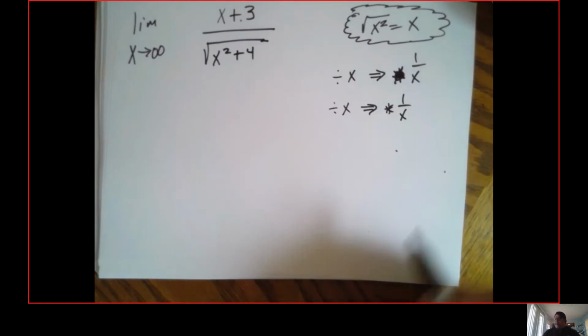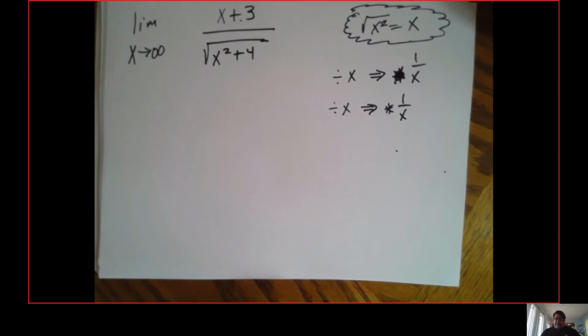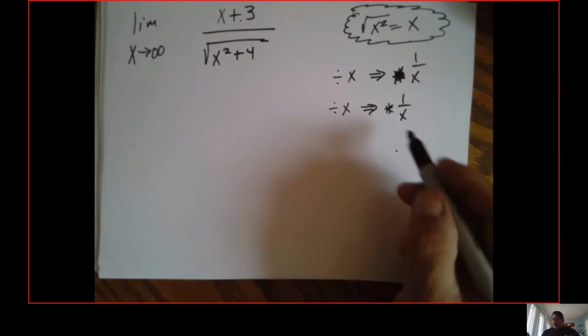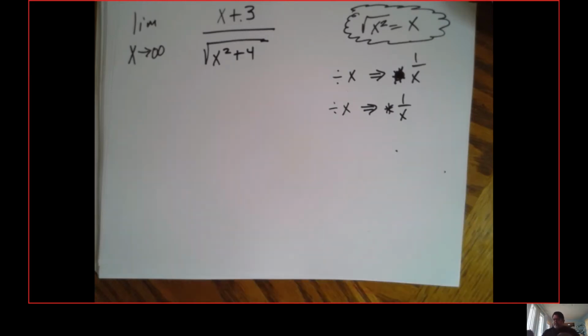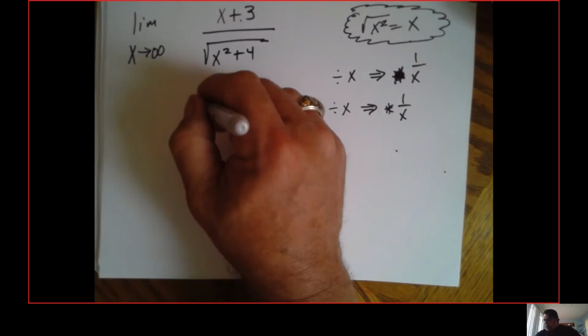Make sure you understand that. So I need to multiply by something to divide by. I need to multiply by something, 1 over x in this case, to get something to cancel out. So I'm going to multiply by 1 over x on top here,